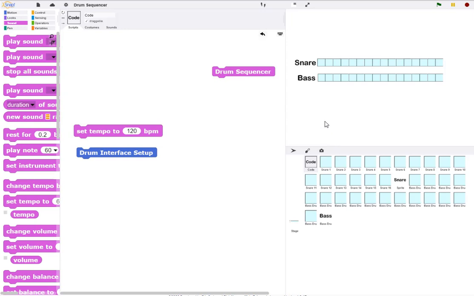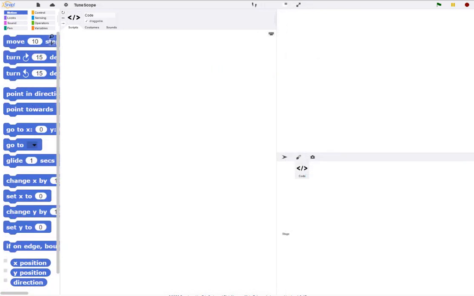A drum sequencer can be used to create a drum track for a song. In this case, I'm going to click the checkbox, and when I start running the drum sequencer, it'll periodically play. The interface to the drum sequencer consists of a series of checkboxes, and I'm going to create a checkbox that